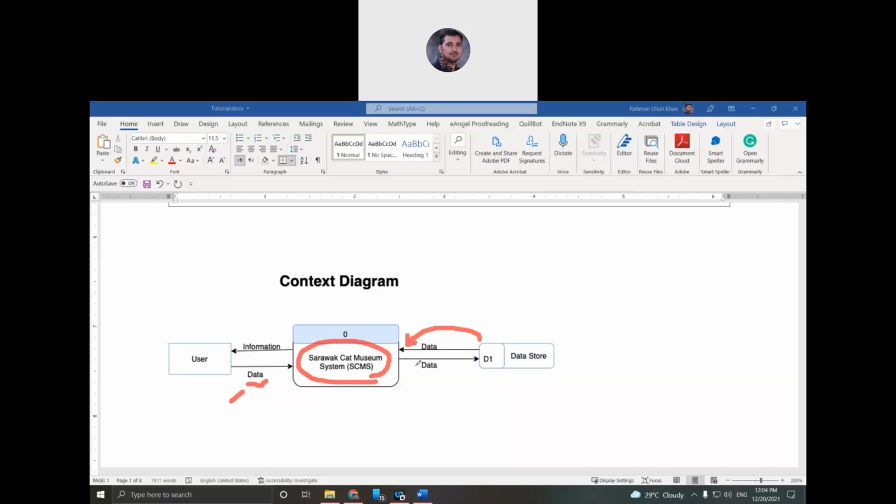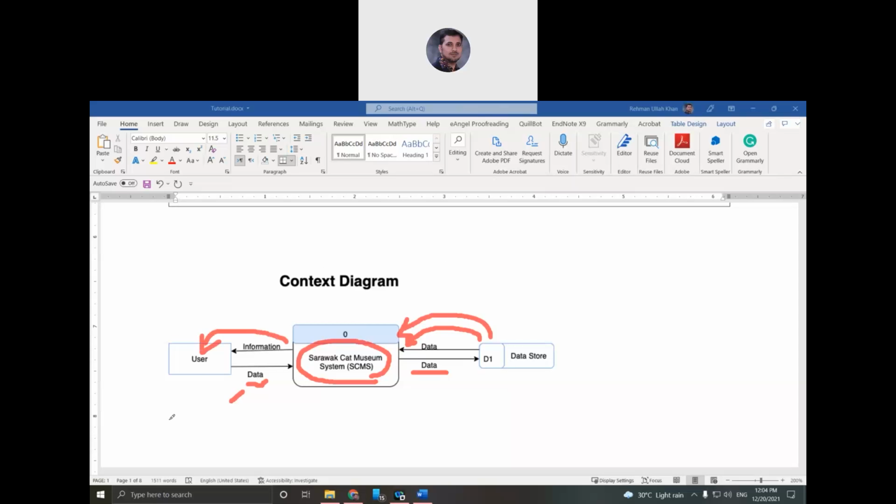So this is why the system sends some data to the database, maybe like a search query, and on the basis of that query the system gets the related information and that information is displayed to the user. So this is a general description that we want to show through the context diagram.